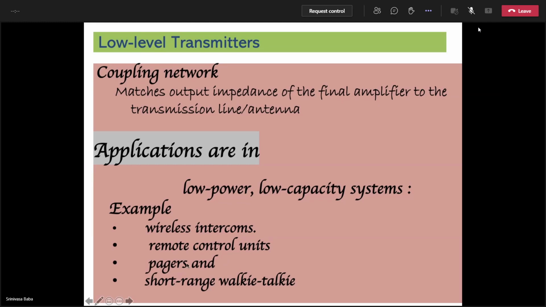Pagers nowadays we are not using. Up to 2003, pagers were there, but today pagers have disappeared from the communication system itself. So though it is an example, nobody is using it. Earlier, up to 2002-3, we used pagers for SMS transmission. If you wanted to inform somebody, we used a pager and sent a text like an SMS. But nowadays, your mobile has everything. Your mobile is capable of doing everything. It is a voice recorder, it is a camera, it is a torchlight, it is everything.